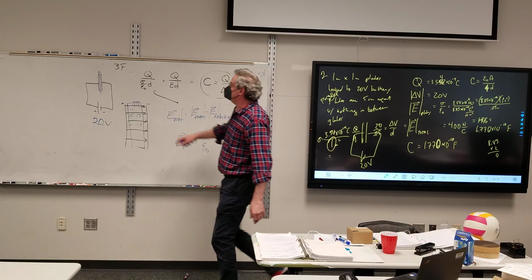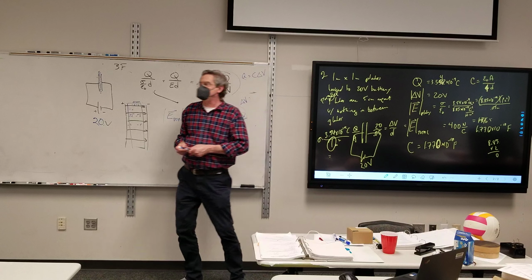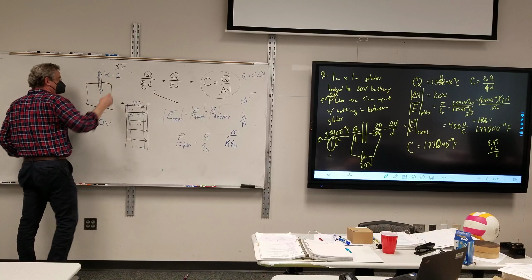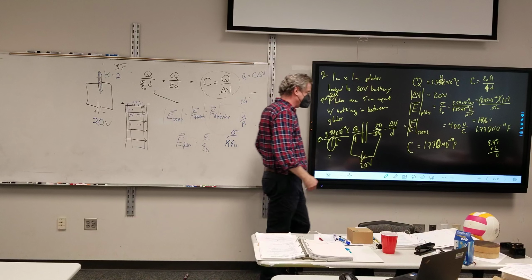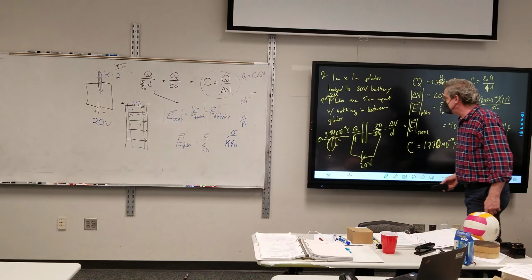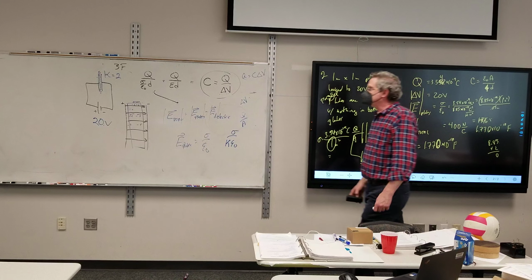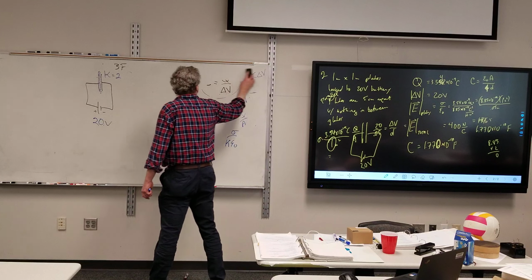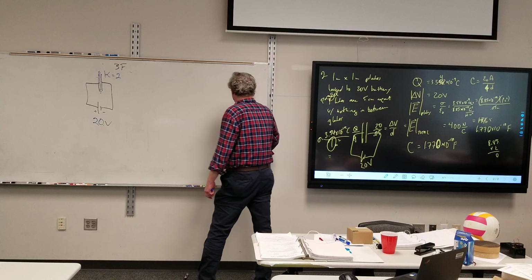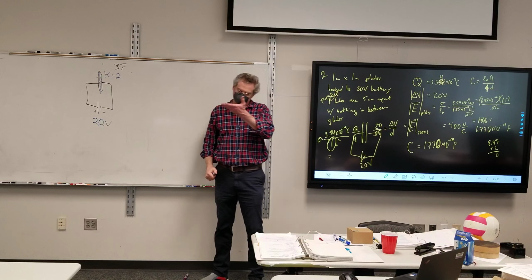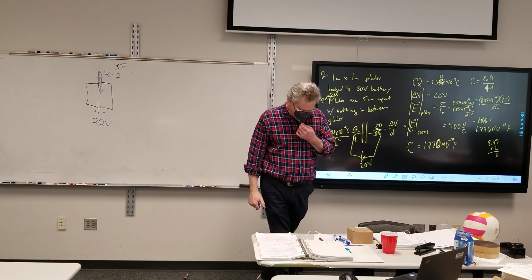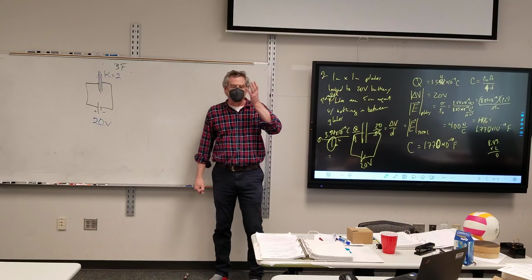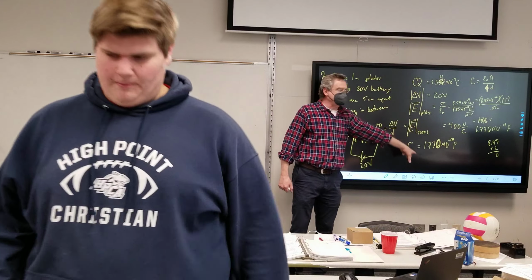So we're sticking a dielectric in between here, with a dielectric constant of 2. So first off, what will be the exact same? What is not going to change because I stuck a dielectric in there? The voltage. The charge and the voltage. Charge will change. The area of the plates will stay the same also. I was thinking of these 5 things right here, but the area will stay